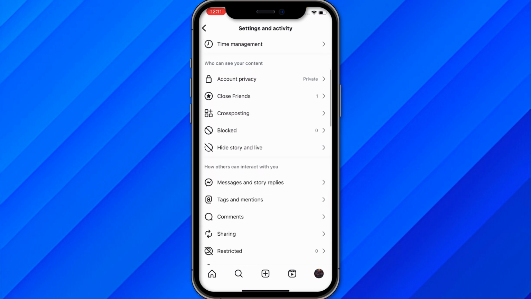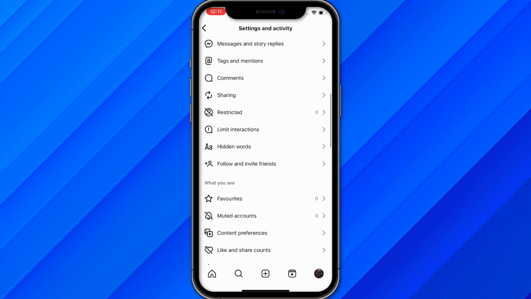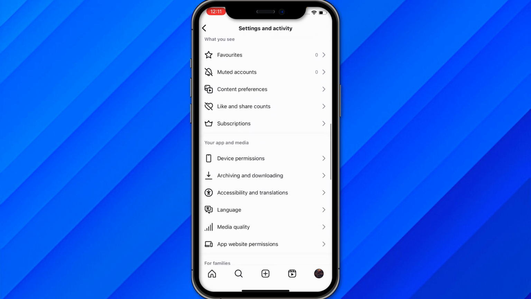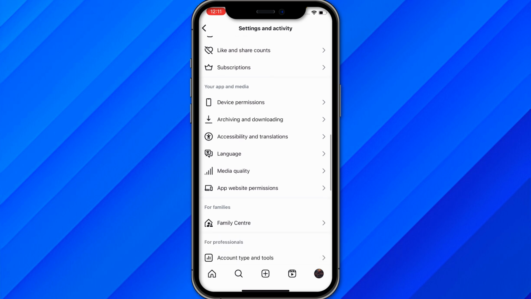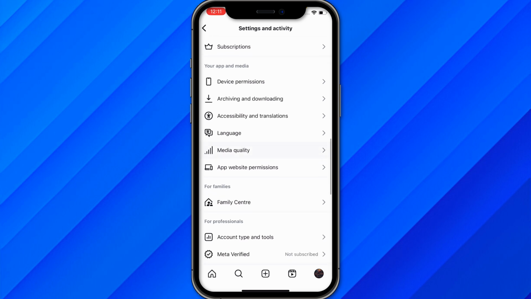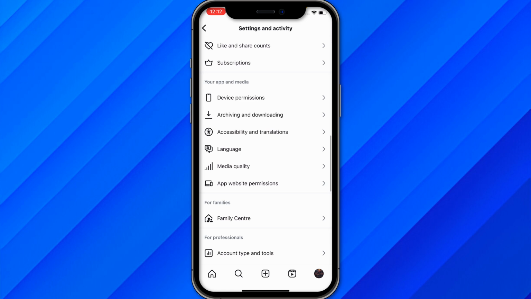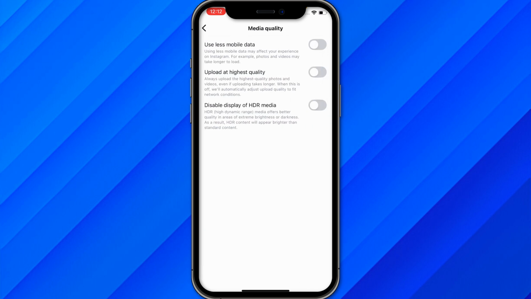here just make sure to scroll down and you can see multiple settings, all the settings that you see, and your app and data. So make sure to go to this section, your app and media, and once you find this section you can read device permissions, accessibility, language, and media quality. Make sure to find this option called media quality and open this one, and from here